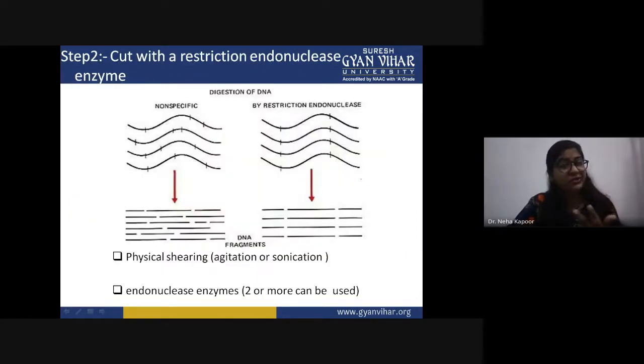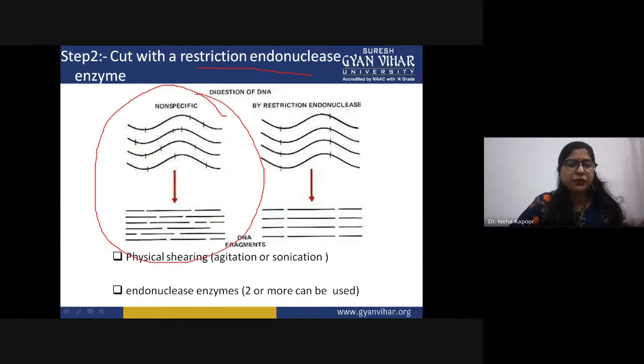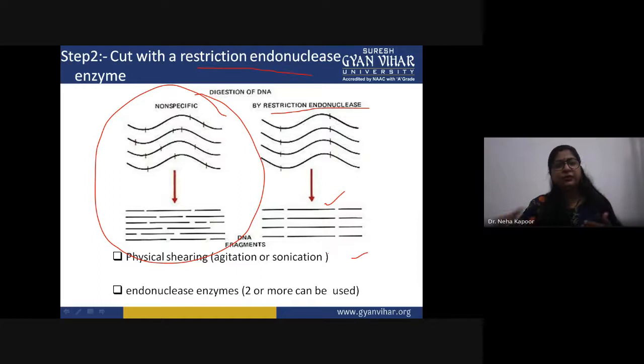Now, the next step was restriction digestion. So we can cut it with a restriction endonuclease enzyme. So this is a non-specific cutting. That means a restriction enzyme that is cutting at any site. Because of that, many fragments of uneven size would be obtained. So it is very difficult to use those kinds of fragments for the cloning purpose. And by using restriction endonuclease, they will make specific cuts. So there would be no unspecificity problem there. There would be no problems of such kind. So they would be making a specific cut. You will be having the fragments, and then after that, you can go for your further cloning process.